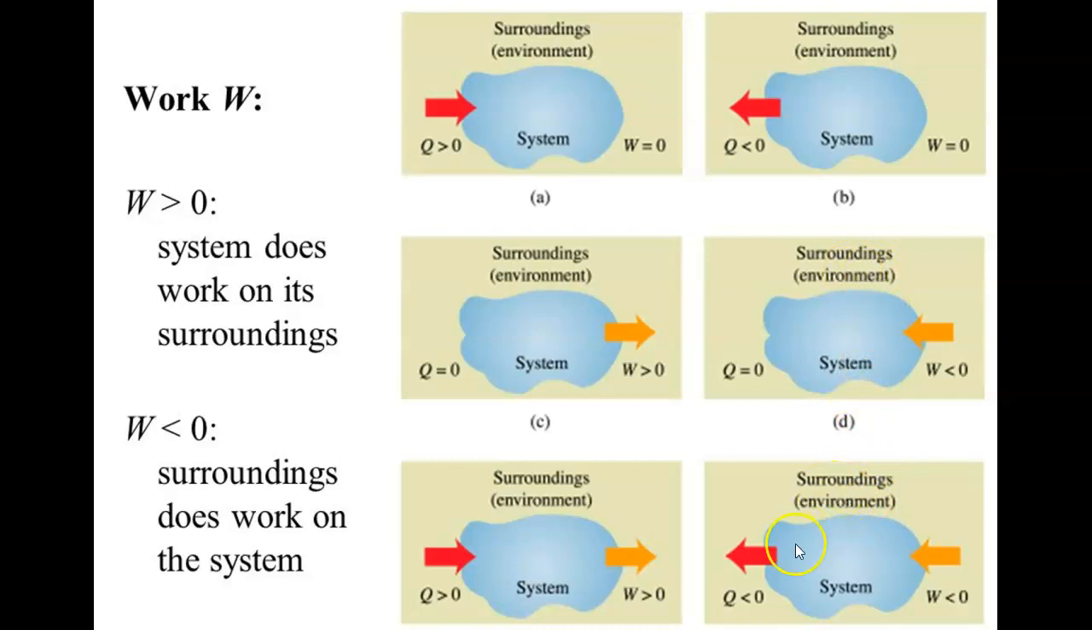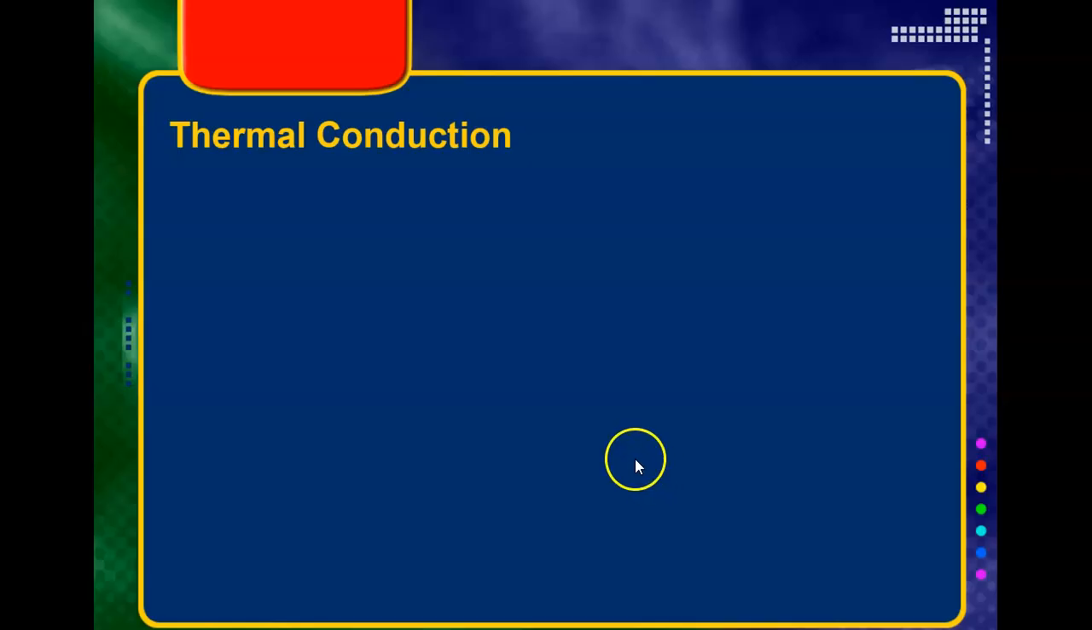All right, so like this one, if work is done on the system, and energy release is greater than 0. Okay. All right, so now,